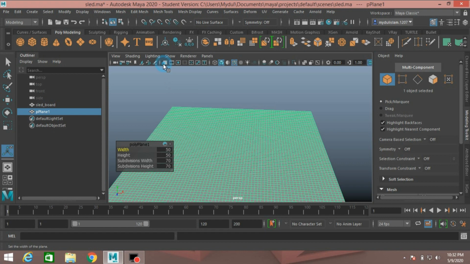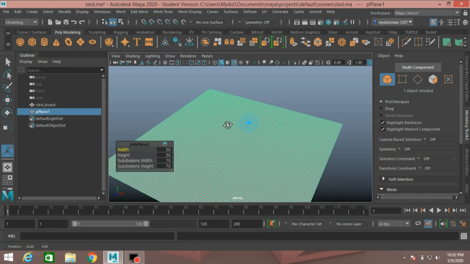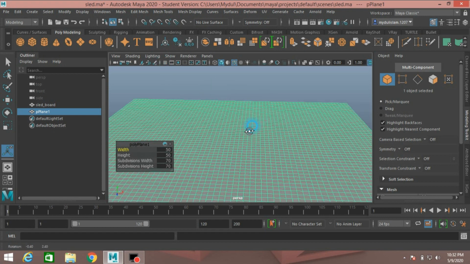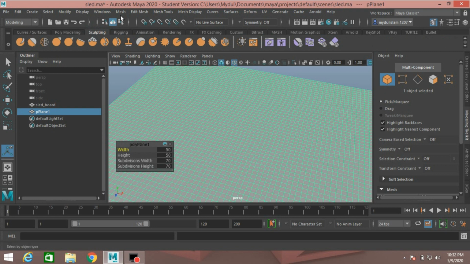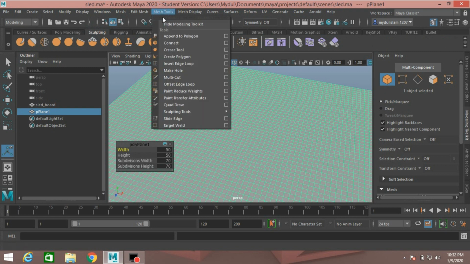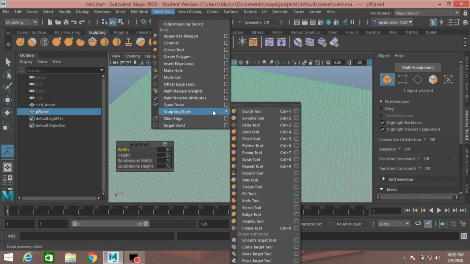Turn off the grid. Click here sculpting or go to mesh tool. Select sculpting tool. Select tool 1 or press Ctrl plus 1.